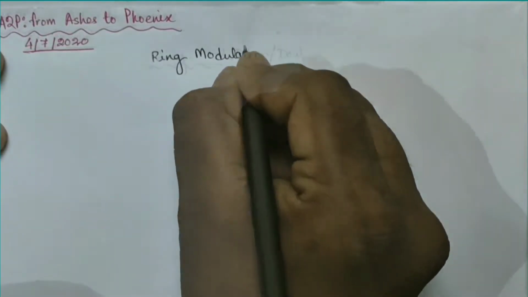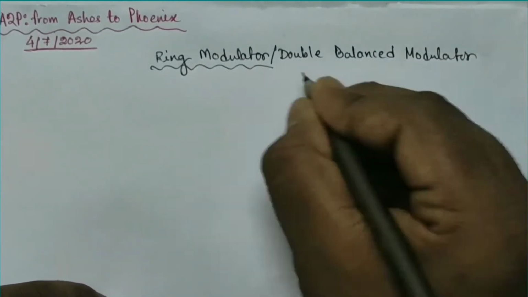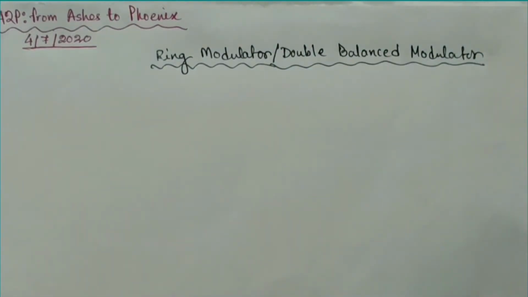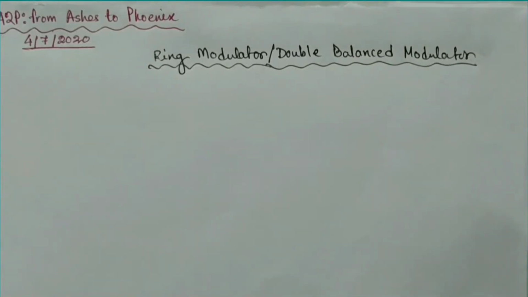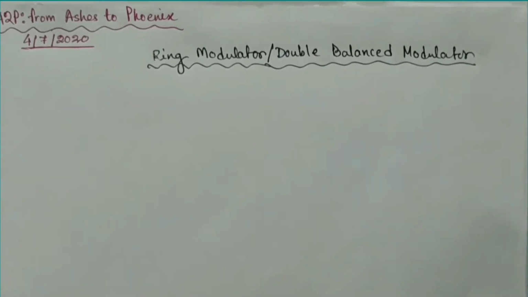In this video we will learn the other modulation process to modulate DSBSC signals, that is by the double balanced modulator, which is also called the ring modulator. The modulating circuit consists of 4 diodes, and a bandpass filter is used to pass a particular band of frequencies to get our desired DSBSC signal.